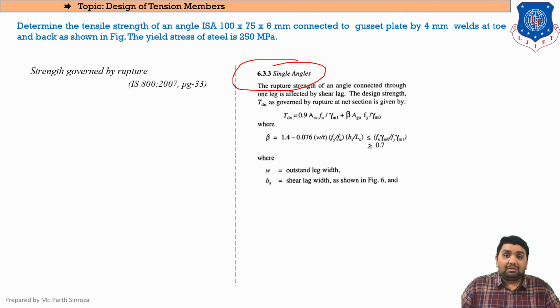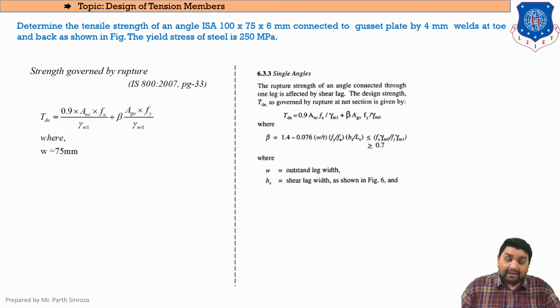The same things will be used, but this time it is for a welded connection. So the first thing that we'll be finding is the parameters regarding beta. The beta equation is this. For this, we'll be finding our terms. The first term will be to find W.